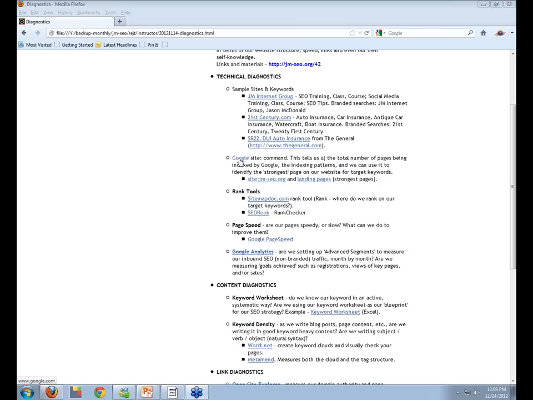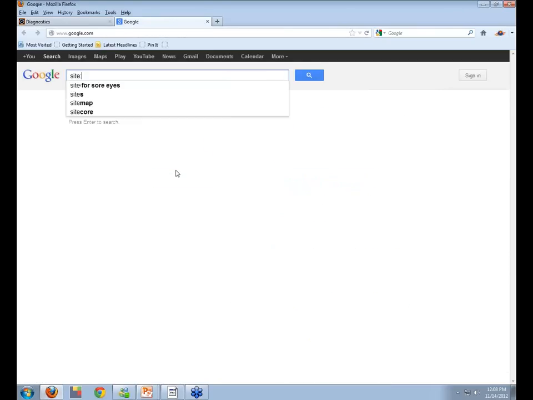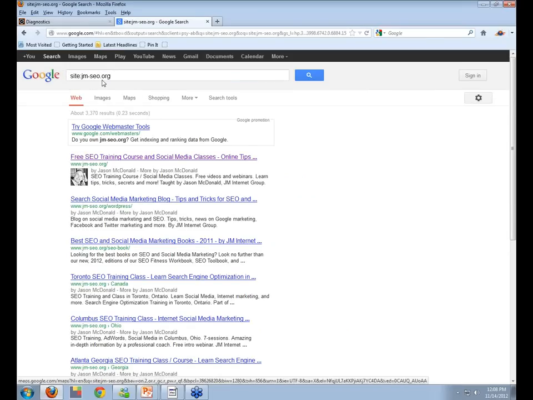Okay, so the first command I want to talk about is this very simple site command that I think people should really get in the habit of using frequently. So you go to Google and you want to type in site: and your domain with no space. So site: with no space between the colon and your domain, in Google. So site: